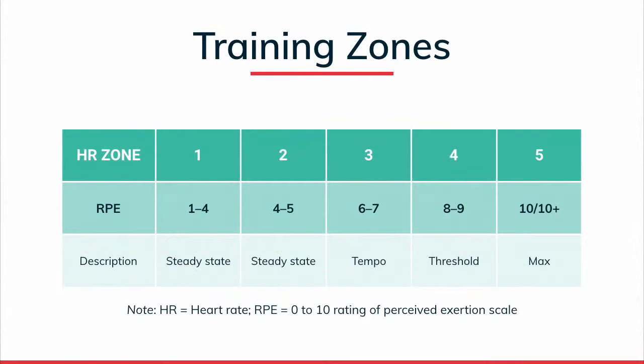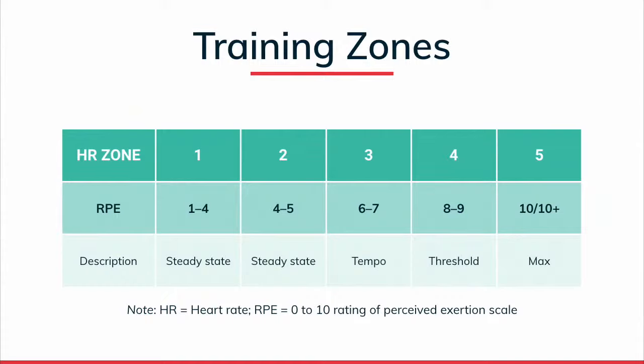So when we're programming, now we have, again, inks on paper, we have our overall plan. Let's start looking into individual workouts and how we can prescribe intensity within those workouts. So there's a few different ways to go about that. You can use heart rate. You can use RPE, rating of perceived exertion. You can also use your own, what I call relative intensity terms. And the ones you see on the screen there are my own terms, just from years of coaching and talking with other coaches, but these terms would be very similar to what a lot of other coaches may use.